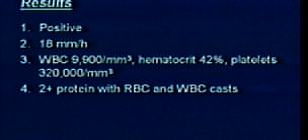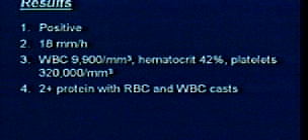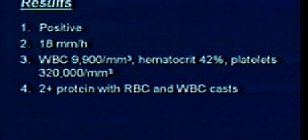The other things that you would be considering is to get a complete blood count and also a SED rate. So you do the guaiac of the stool, and it's positive. The SED rate is 18, which is within normal limits, and your WBC count, as well as your hematocrit and platelets, appear to be within normal limits. However, in addition, because this patient had abdominal pain, you ordered a urinalysis. And when you ordered the urinalysis, what you found was that the patient had 2+ protein with RBCs and WBC